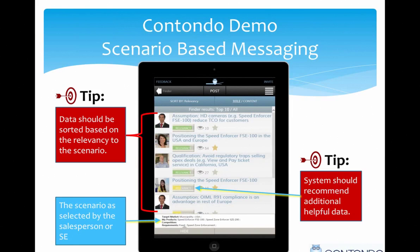Now, looking at this information screen, what you're seeing is all the information condensed in what we call title view. Title view, as opposed to content view or full view, does allow people in the field to get as much information as possible in the form of headlines. But we will review content view and full view a little bit further. Right now, we're looking at title view, and I guess the two main takeaways from this view of the system